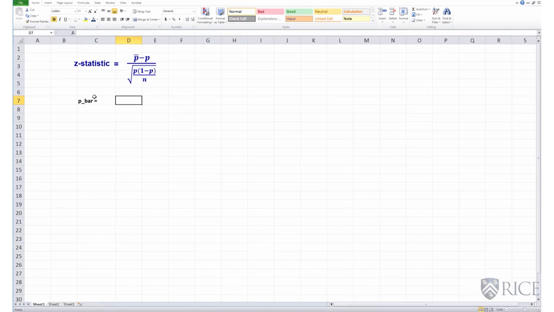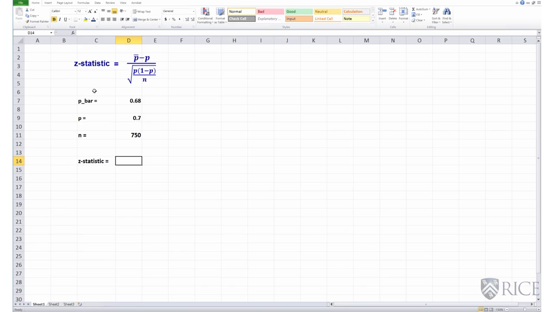In this case, it is 0.68. Then we need a value for p, the population proportion around which we wish to test the null hypothesis. In this case, it is 0.7. We need a value of n, the sample size, which in this case is 750. 750 students were surveyed on the campus. So given these values, the z statistic